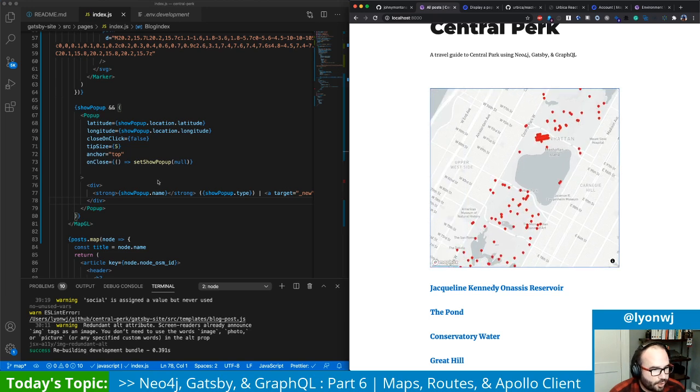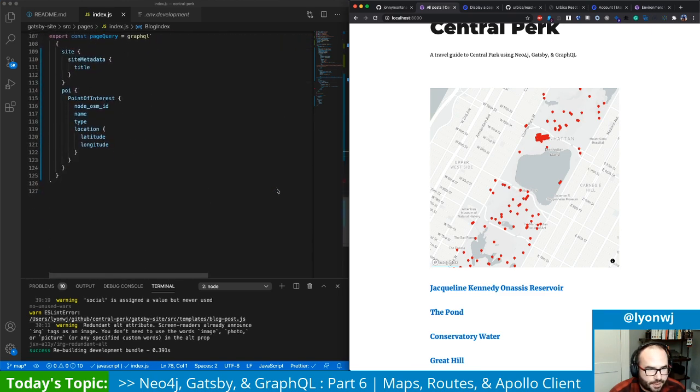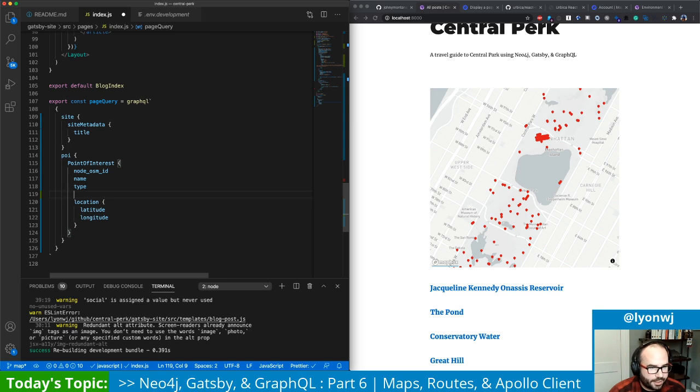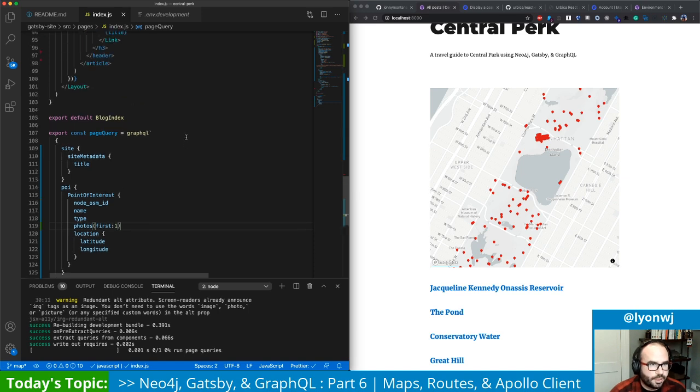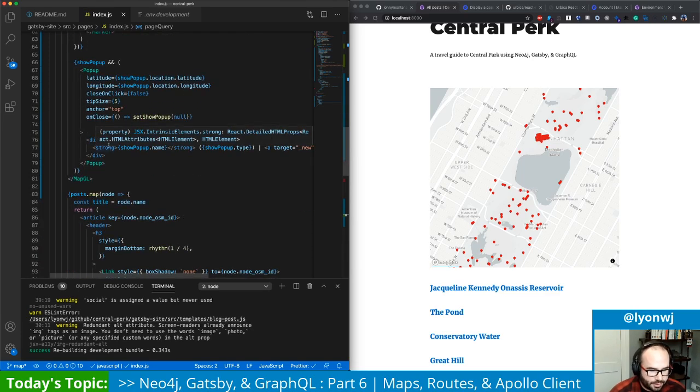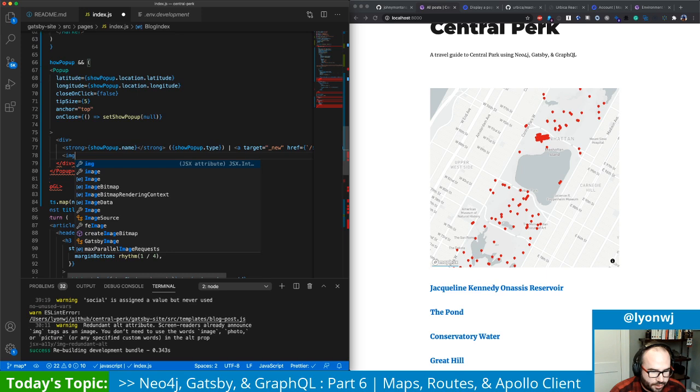What else? Oh, we said we could add a photo. So let's see, do we pull that in? We don't pull in the photos. So let's add that to our GraphQL query for rendering this. So photos. Let's just grab the first photo. So now we'll have photos in this POI object, so we can render an image as well. So the image,